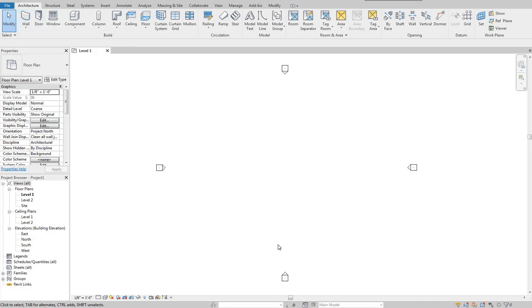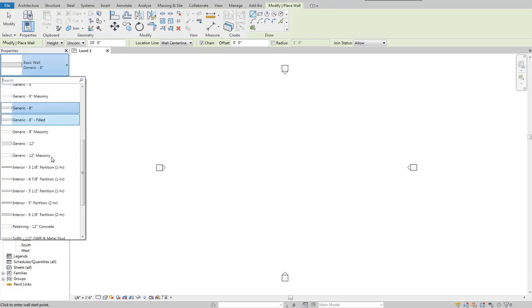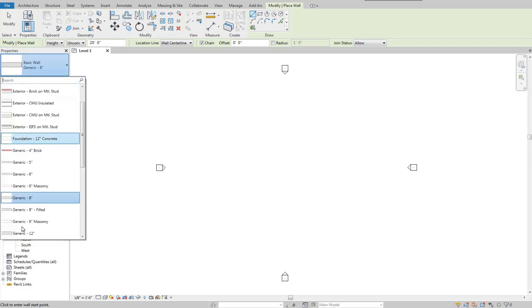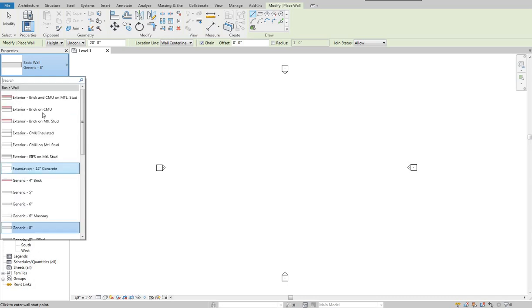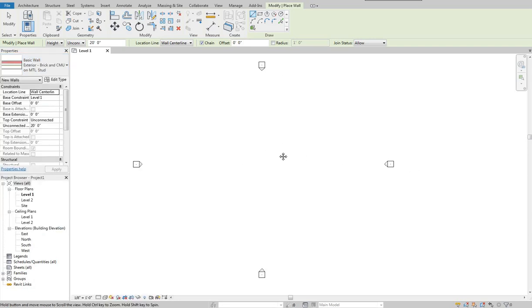So getting right into it, I've basically just created a new project using the architectural or default template here. And if I go up here and click my wall tool, I've got 8-inch generic, and then I have all of these wall types that come stock out of the box here. I'm going to use this very top one, exterior brick and CMU on metal stud, just so that I've got some layers built into the walls that I have. So if I draw this wall here,